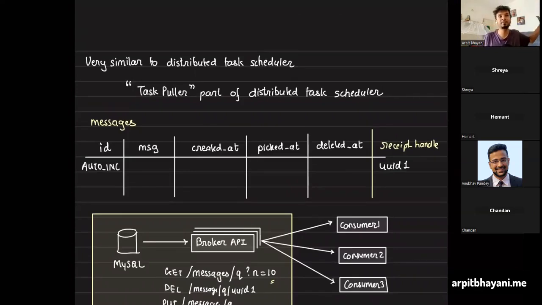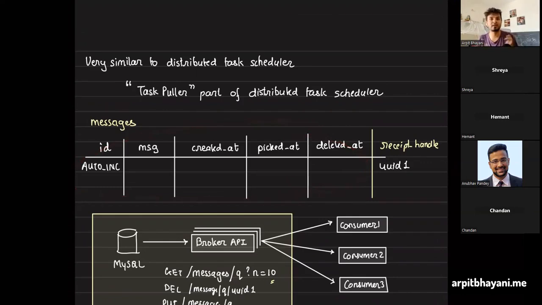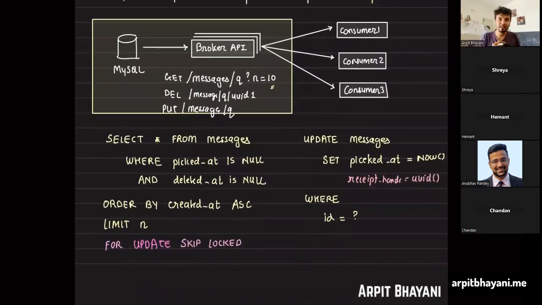You can take inspiration from one system and build another system. Two very different looking systems, distributed task scheduler and message broker, have very similar underlying properties. Obviously, architecture would be different, but underlying properties are the same. One way to figure out some consumer has picked the task, one way to delete it, one way to resurface it, and whatnot. But everywhere, if you are building a message broker on top of a relational database, this is how you can build it.